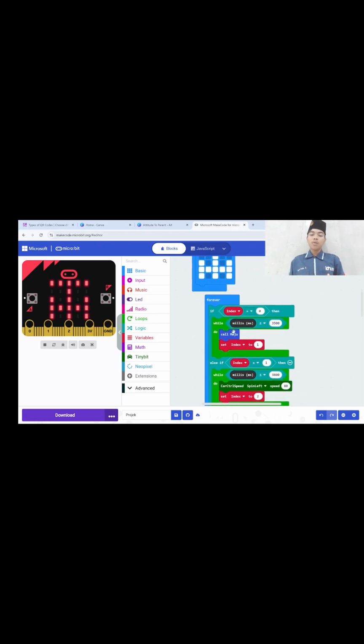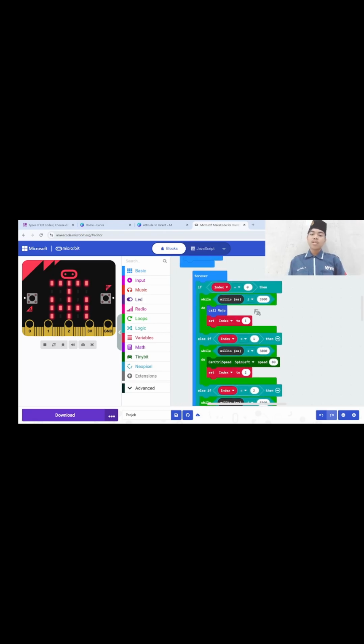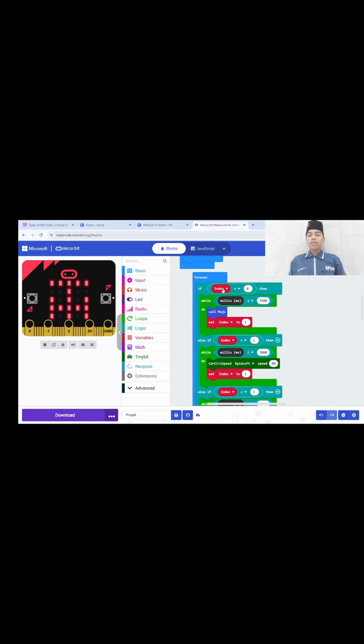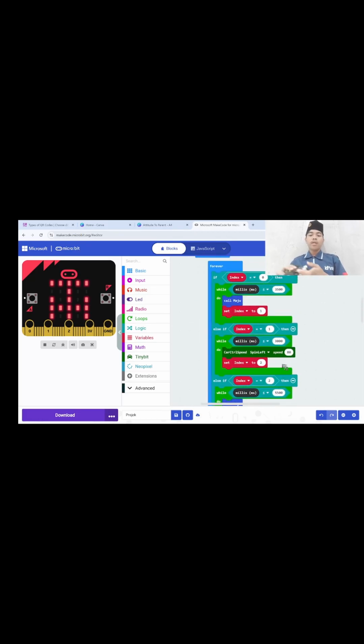Okay, next. This is the most important. This is also important, most of all the index. So index is like a point that we must add for this tiny:bit to go into the next code. Like in here, if index is 0, while millis is not 3500, call maju. In here it will run, which means it will move forward for a second, then set index to 1.